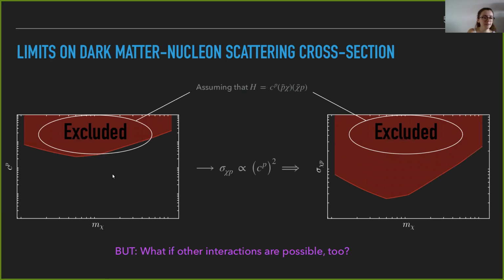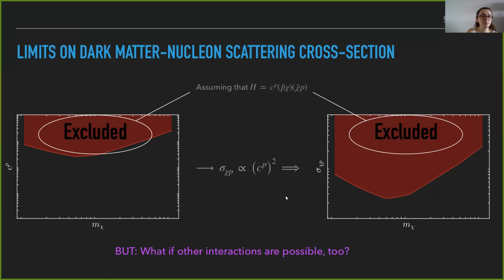So what we obtain is such an exclusion plot with the coupling strength on the y-axis versus the dark matter mass. The limit that we obtain is this line, and since it is an upper limit, this red region above is excluded. Another quantity that describes the interaction between nuclei and dark matter is the cross-section, and one can easily convert one into the other, as one can see here. So also for the cross-section, we get such an exclusion plot.